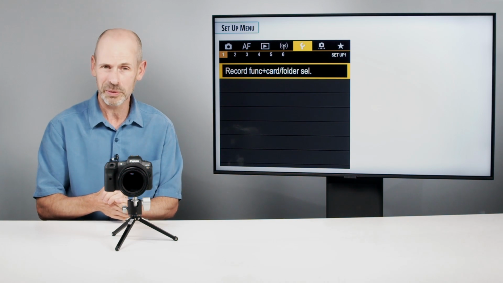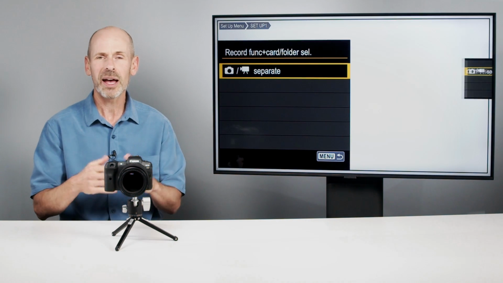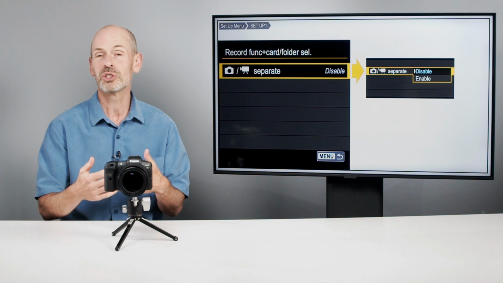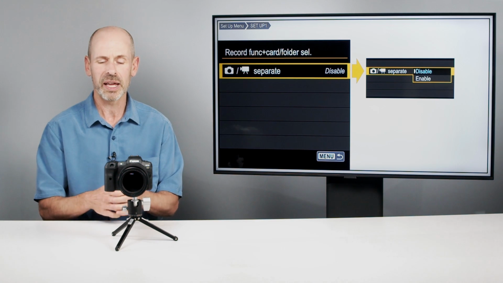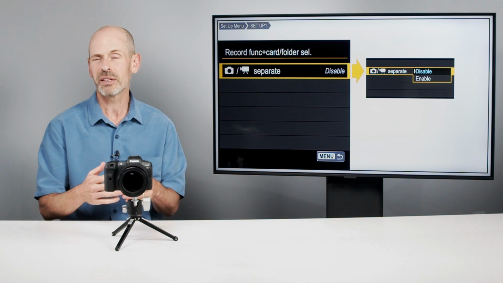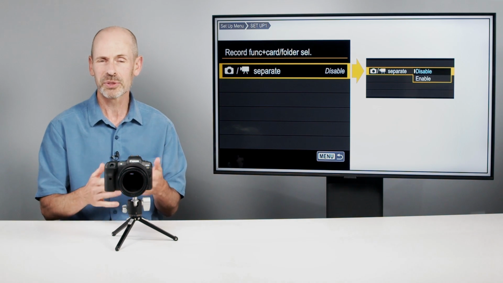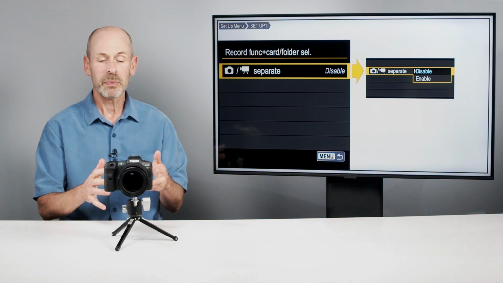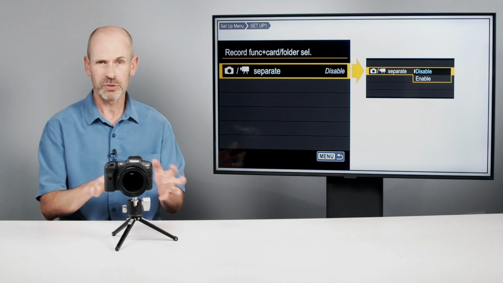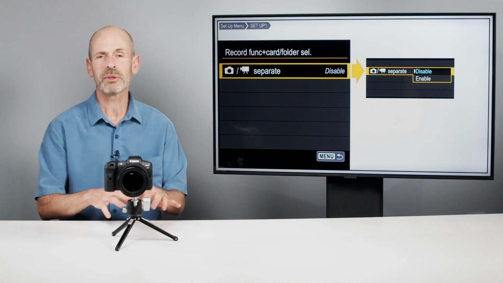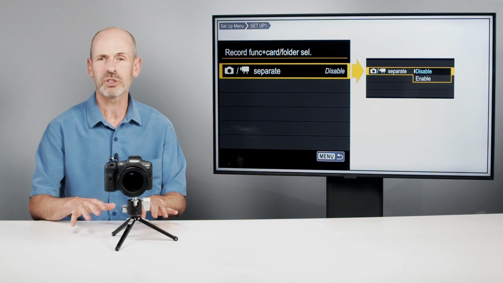This one is an important one. All right, so this is how we are recording images and onto what card they are going to. And with two cards and two very different styled and capable cards, there's going to be a lot of options. So we also have stills versus video. And so we've got a number of things that we can do about separating out different files and choosing where